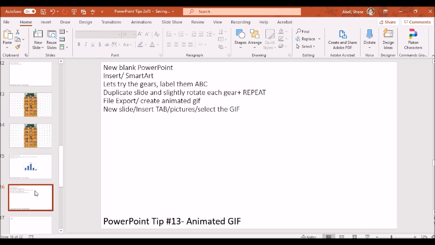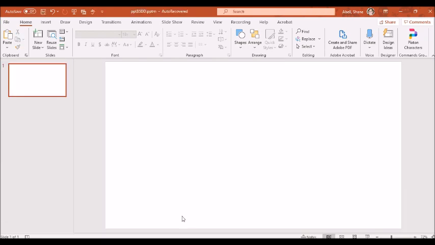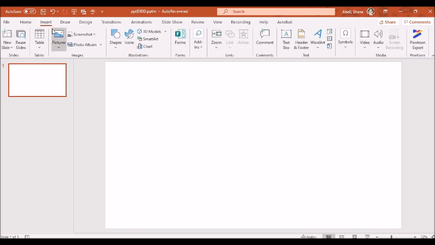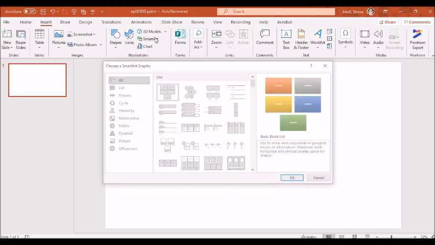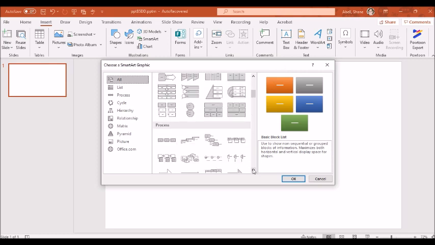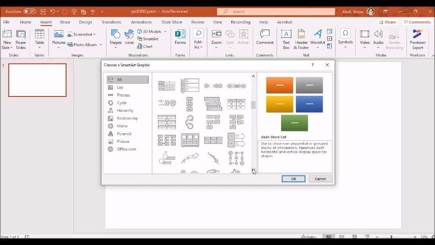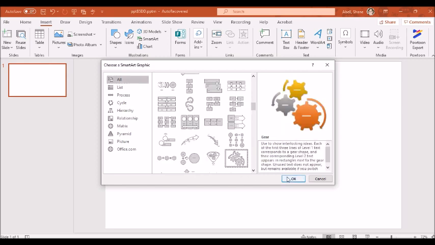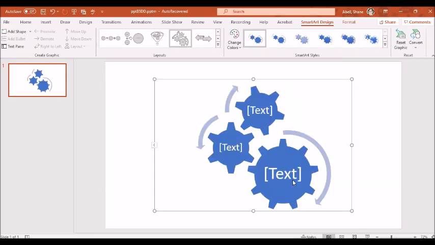How to create an animated GIF. Well, what I'm going to do is duck out to a blank PowerPoint that I've got set up ready to go. We're going to go into the Insert tab. We're going to select our SmartArt, and one that I have used before. Let's scroll down to, there's a set of gears down here. I'm going to just pop that in. Let's quickly label these A,